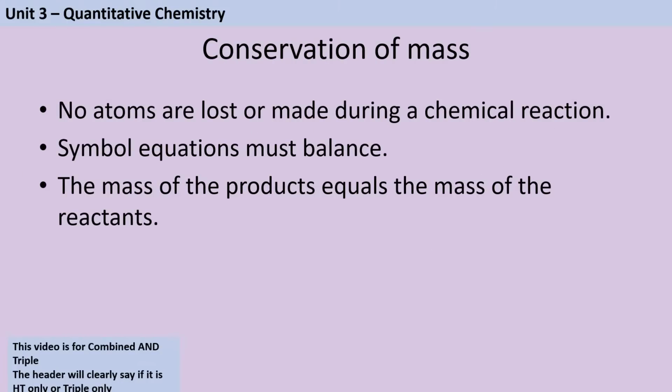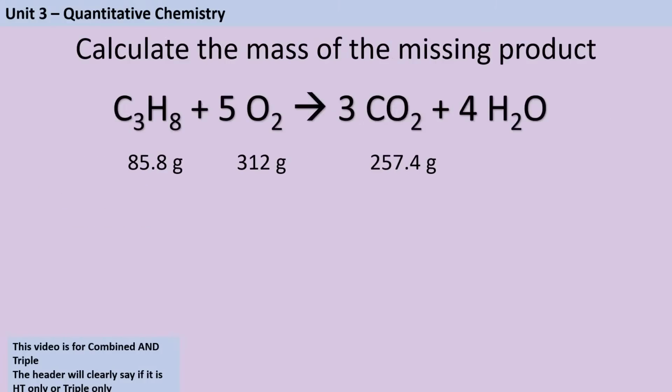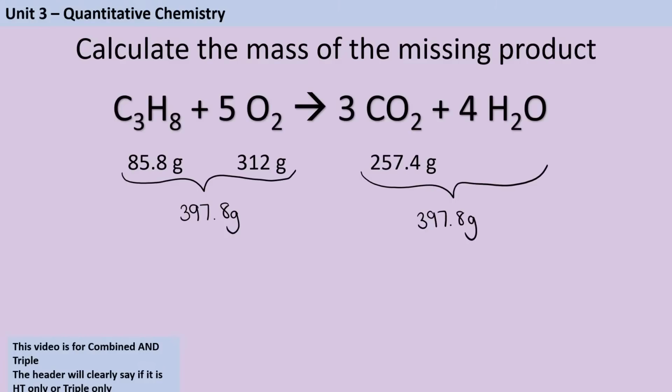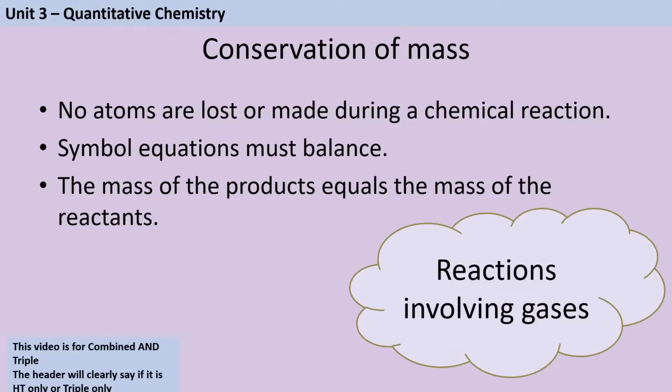Okay, so as well as meaning that equations need to balance, conservation of mass also means that the mass of the reactants has to be the same as the mass of the products. So if I've got an equation like this, I can say that however much the stuff on the left weighs, the stuff on the right has to weigh the same amount, it has to have the same mass. Then I can just do a little subtraction to figure out what mass of water is being made, okay? Now, this starts to get a little bit more complicated